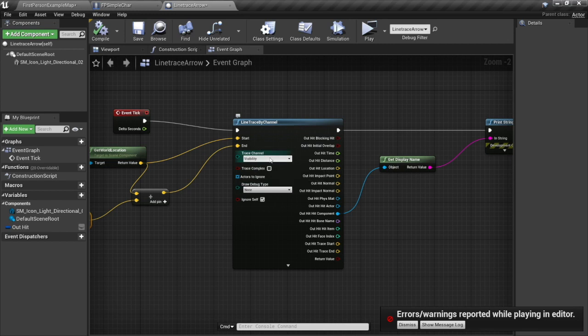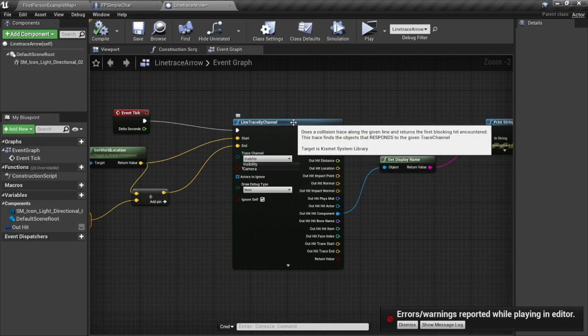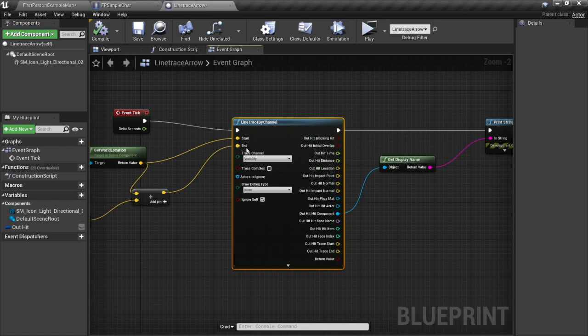Right now we're on the visibility channel. We also have the camera channel. These really could be called almost anything. They could be called channel 1, channel 2, but they call them visibility and camera. We can also make our own channels if we want to, and those can be used to provide more complexity later on. But the thing that I forgot